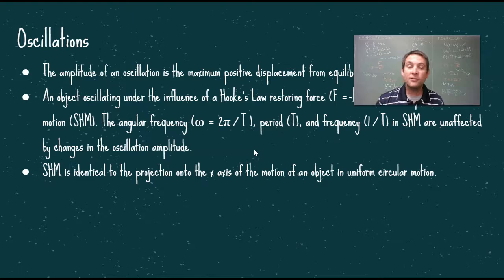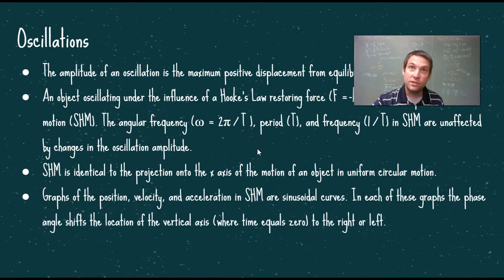harmonic motion. For simple harmonic motion to be occurring, you have to have that restoring force pointing back to the equilibrium. Also, your restoring force or your acceleration is proportional to your displacement. As you get farther away from your equilibrium point, your displacement is increasing, so your restoring force and your net